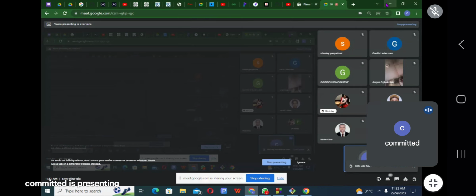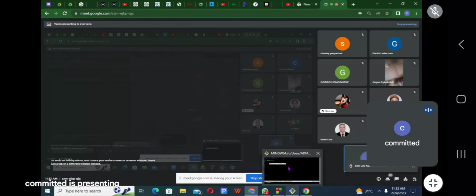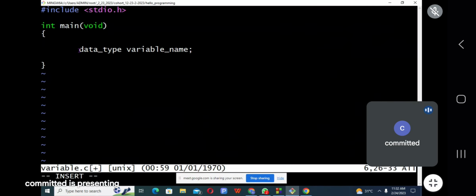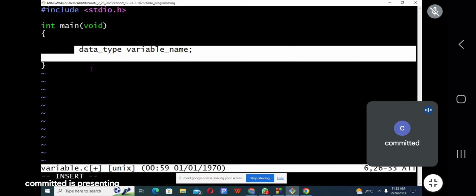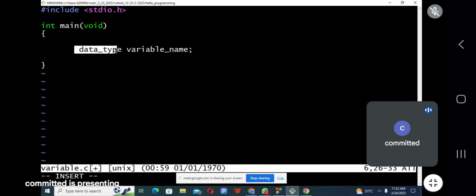Please get your writing materials and jot it down. It will have the data type and the variable name. Then you will terminate it with this semicolon.